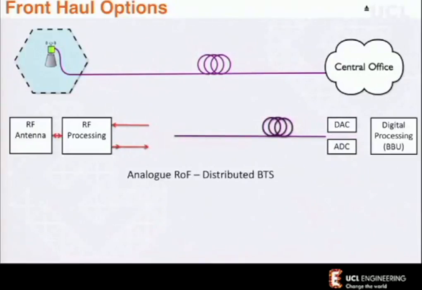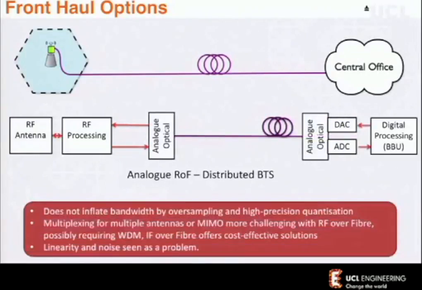The alternative to this is to go analog and to say, well, I've got analog RF signals here. Could I transport those RF analog signals over the optics? Well, yes, technically you can. There are linearity issues that you don't have with digital techniques. There are noise issues you don't have with digital techniques. But there is a whole body of knowledge of this. There are journals, conferences. There's been a huge amount of work.